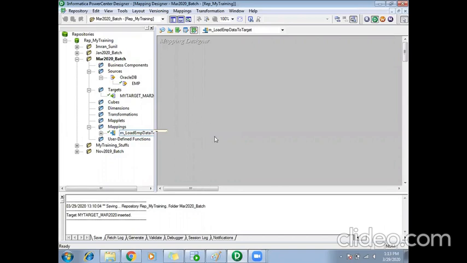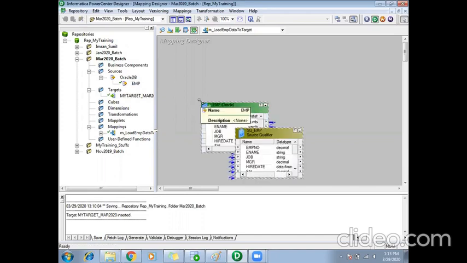As I told, in this mapping I can write my business logic. What is that? I have to extract the data from the employee table. I have created the source here already, so I can use this source in my mapping. How can I use it? I will just click on this EMP, drag and drop it to my mapping.